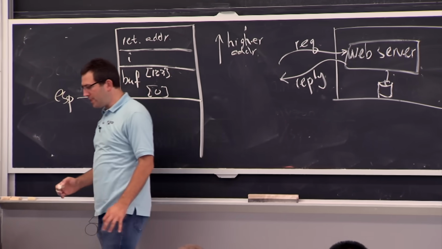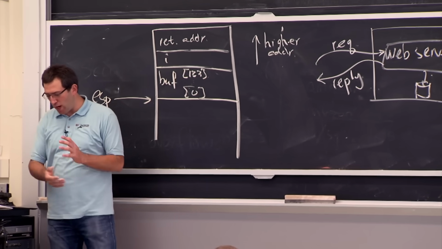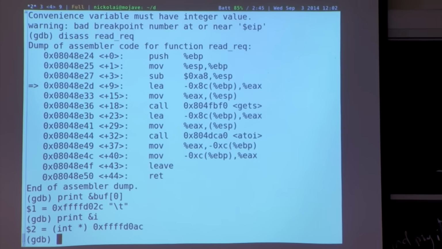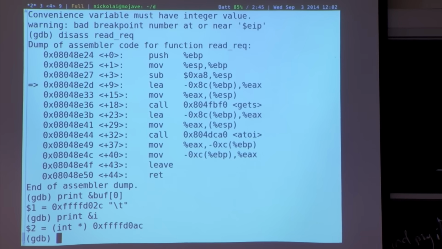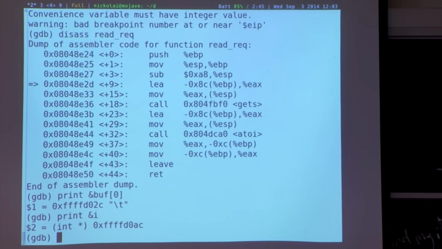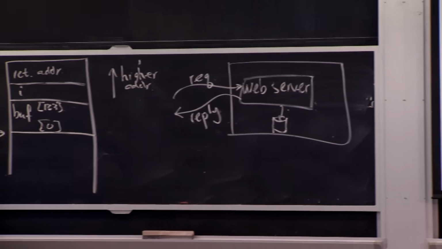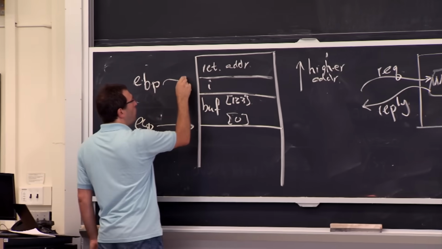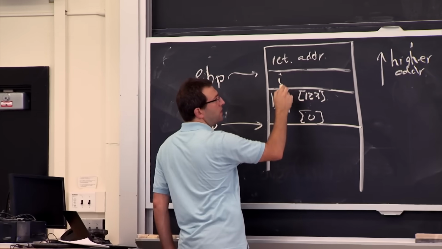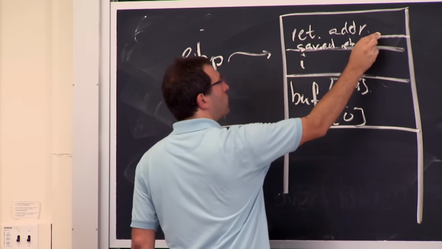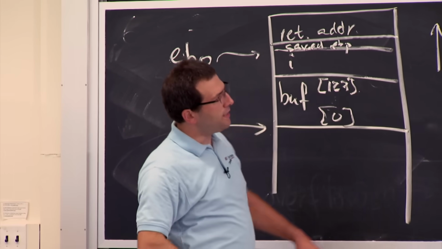OK, well, let's see what happens now if we provide that input that seemed to be crashing it before. So I guess one thing we can actually do before this is to see whether we can actually find this return address. Where it actually happens to live is at the EBP pointer. This is just a convenient thing in the x86 calling convention, that the EBP register actually happens to point to something on the stack, which is going to be called the saved EBP. It's a separate location, sort of after all the variables, but before the return address. And this is the thing that's being saved by those first couple of instructions at the top.